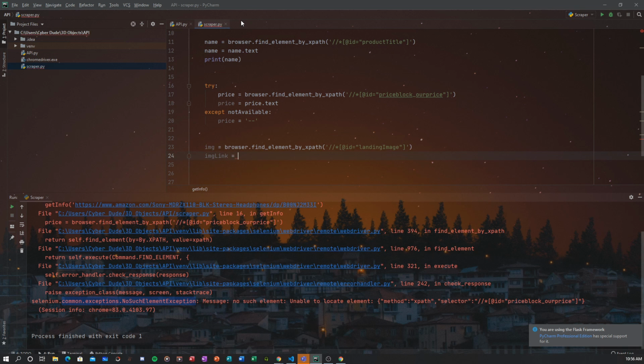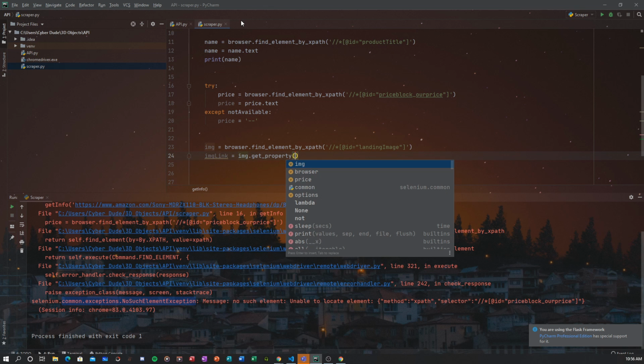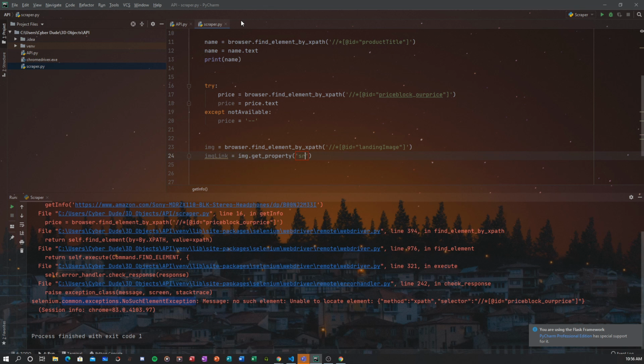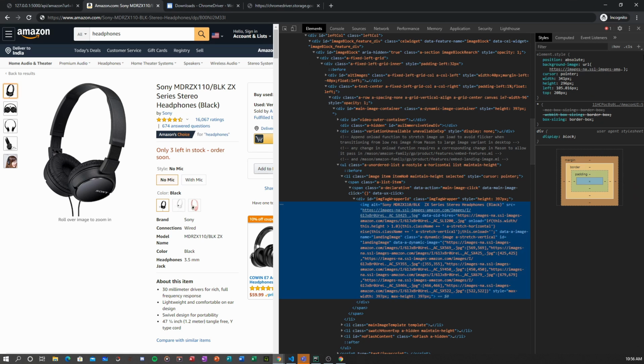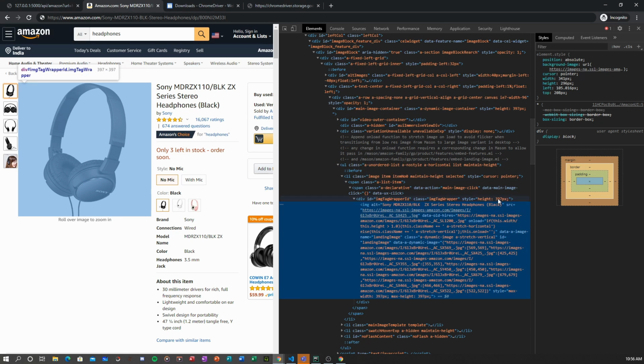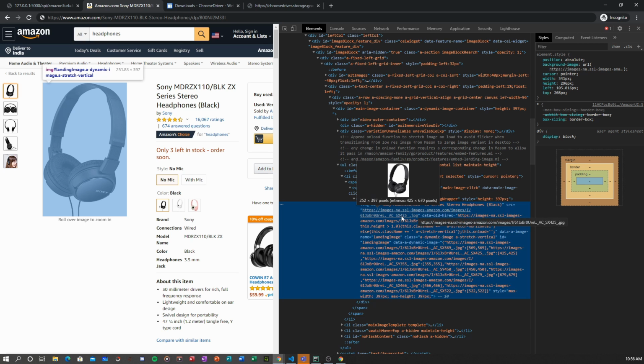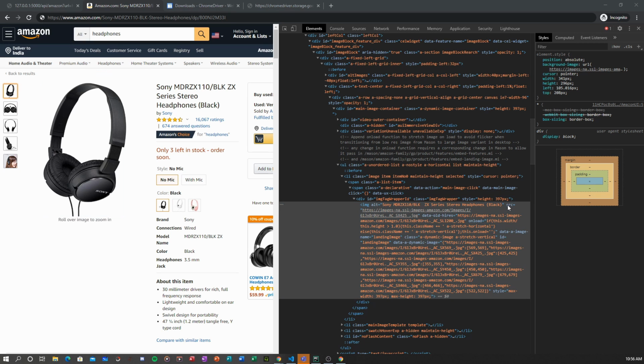We're going to use something called get property, and then pass in which property we want. This link is given in the src parameter here, or whatever it is called in HTML, I'm not sure. So it is the src property.